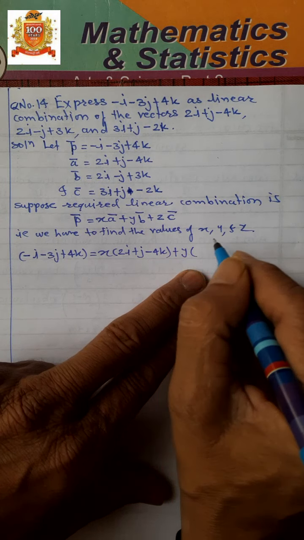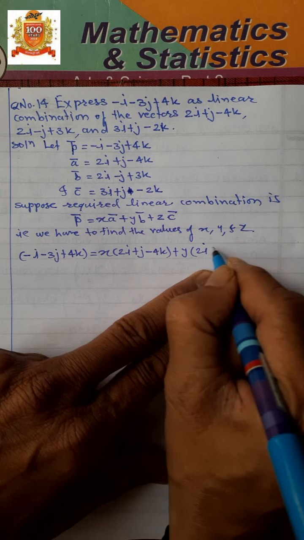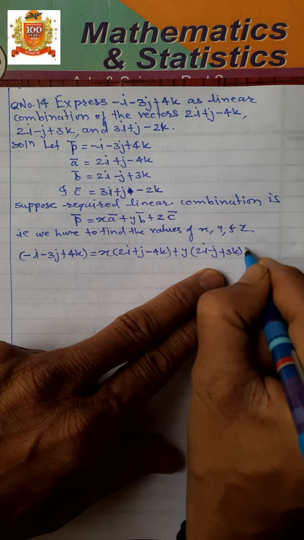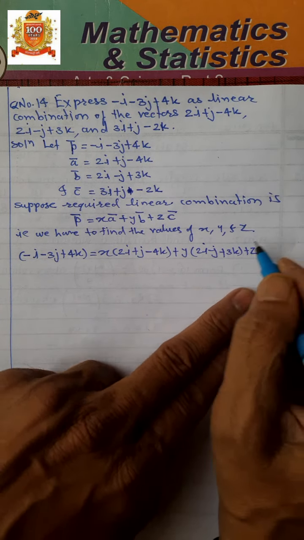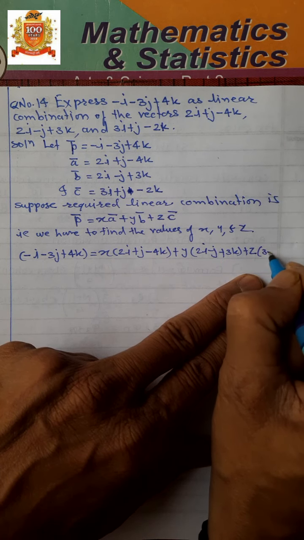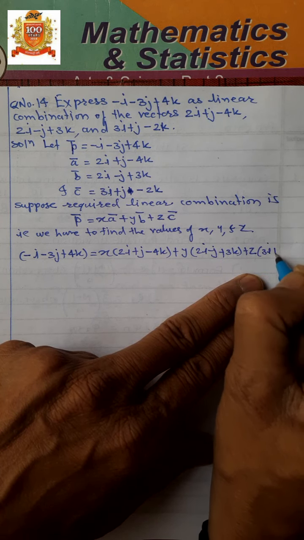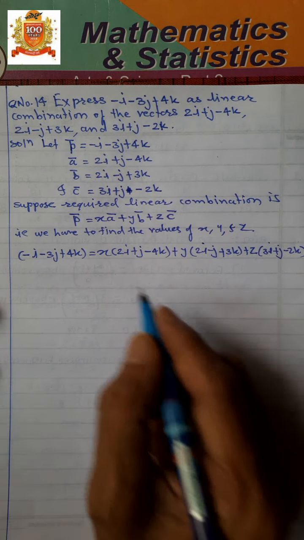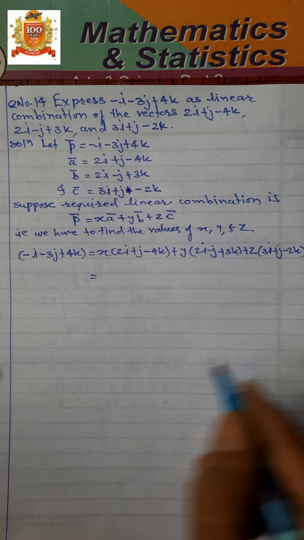Plus y into bracket 2i minus j plus 3k plus z into bracket 3i plus j minus 2k, isn't it? Which is equal to,